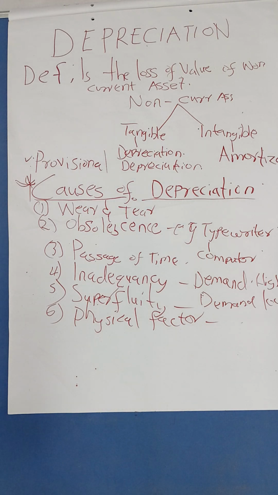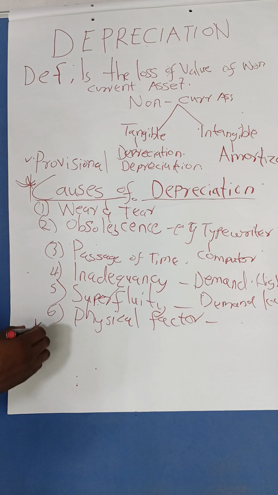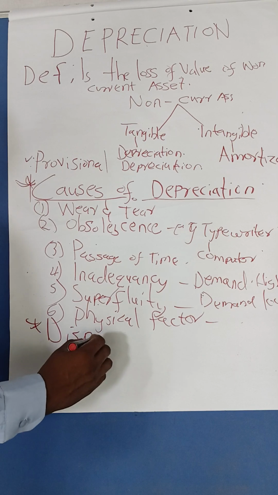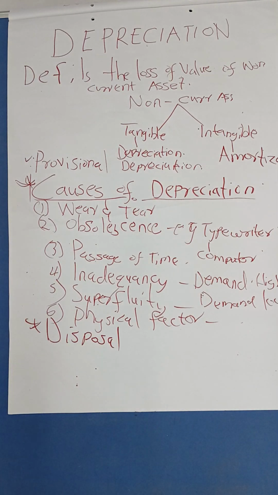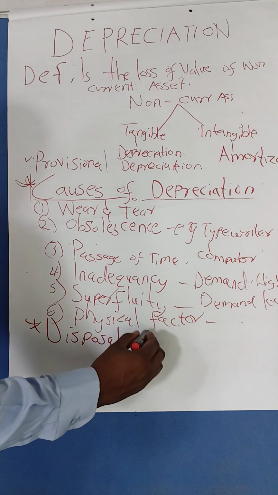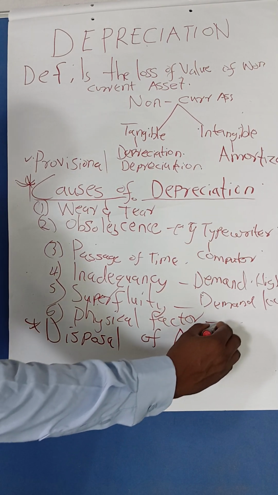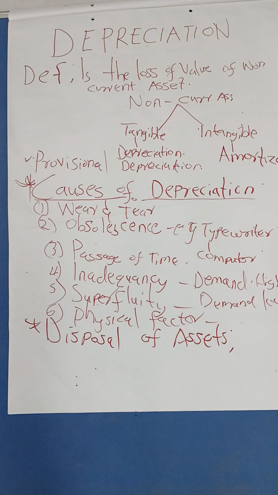Good. So after the causes, the factors that result in that, we have to go direct to the part that I think is very interesting. But before we go to the part that is of interest for the day, I want us to know, after we have undergone depreciation, how are we going to dispose of these assets? That is another question. Disposal of assets. So you can just write here, disposal of assets, before I embark on what was intended even more today. How do we dispose of the assets after we have encountered these factors and undergone depreciation?